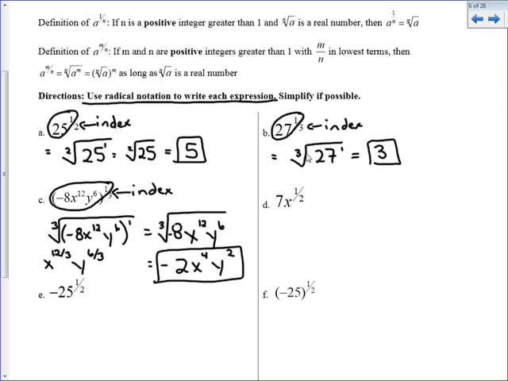My question, what's going underneath the square root? I have a vote for 7x. Anyone agree? 7x? Got a couple people agreeing? 7x? Now, how did we get everything underneath the cube root in C? Parentheses. What don't I have in D? Parentheses. So if I don't have parentheses, that exponent, so let's just as an aside,